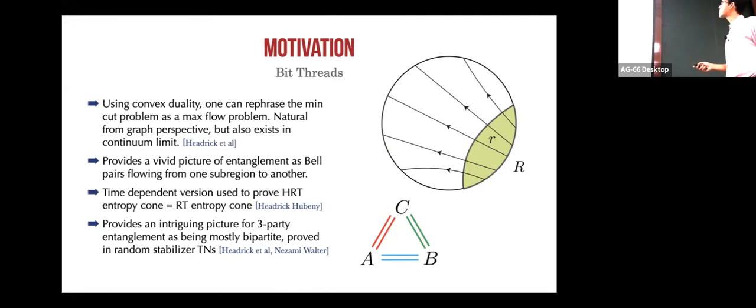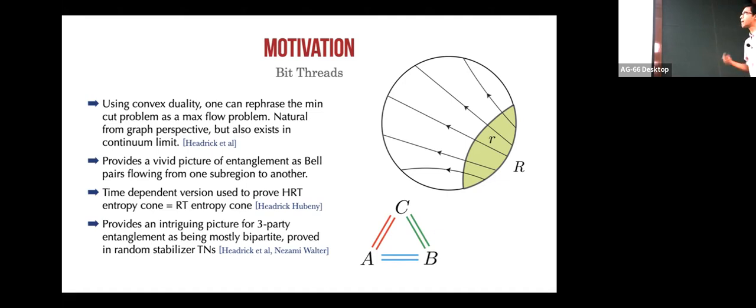And what the max flow problem says is you want to construct a flow which starts from region R and ends up in region R bar with some maximum density. So you want a flow which doesn't have local density more than some number. And then given those constraints, you want to find the maximum possible flow from R to R bar. Now, Headrick and collaborators have shown in many different situations, for Einstein gravity, but also for higher curvature gravity and things like that, that you can just apply this convex duality and you get this bit threads picture,